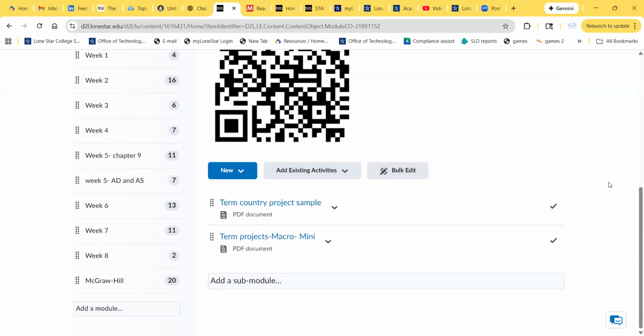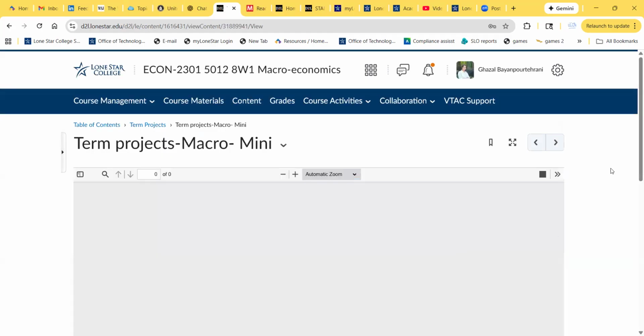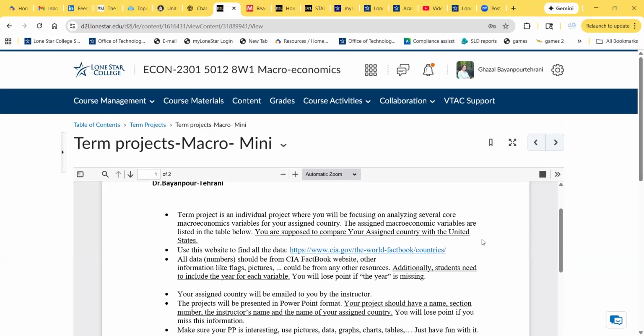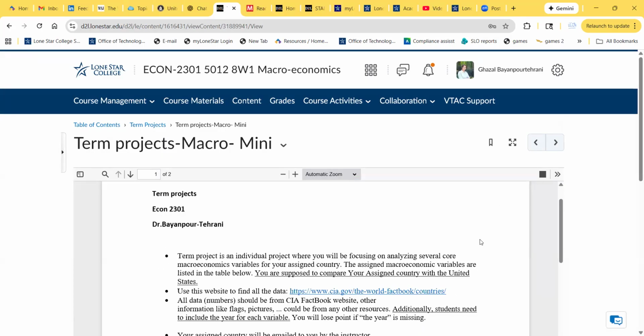We have a term project. The term project, in my opinion, is really fun. I got good feedback from my students in the past, and it's really easy. So it's a country project. You will hear from me contacting each of you, assigning a specific country to you. And let me open up the handout that I have here for you because I explain more. Everybody will get a country, and this is a macro project, and we will talk about lots of macroeconomic indicators like unemployment rate,